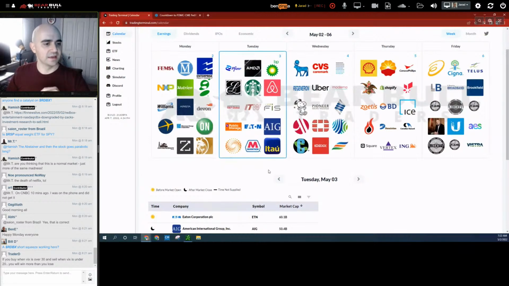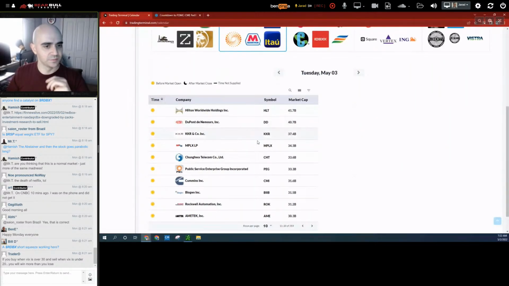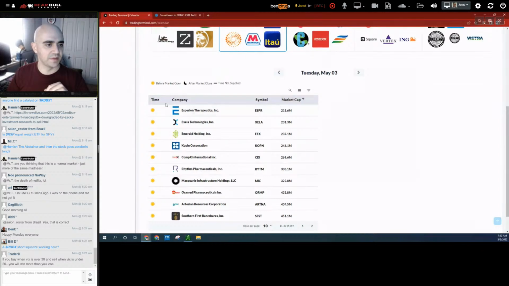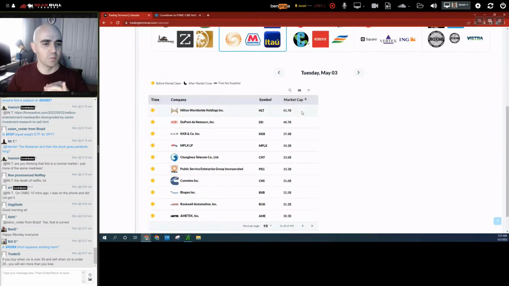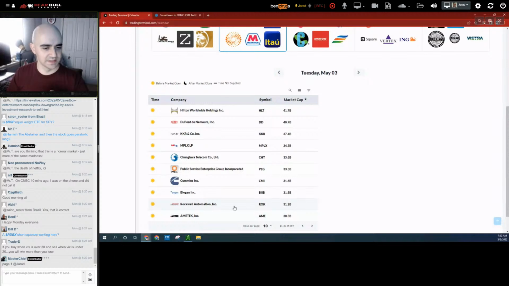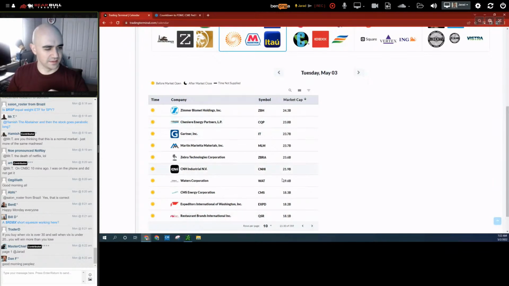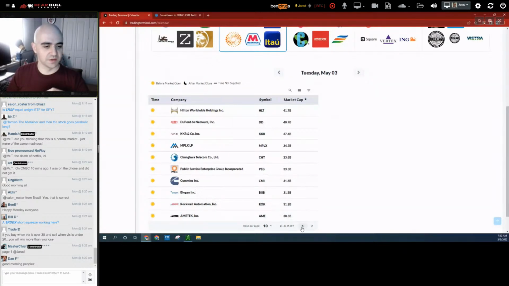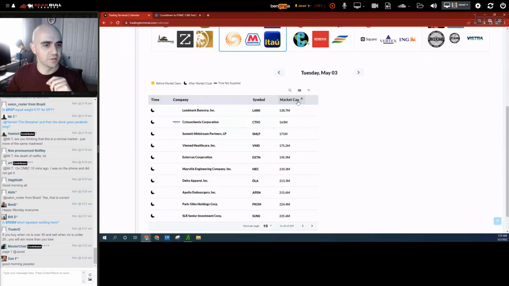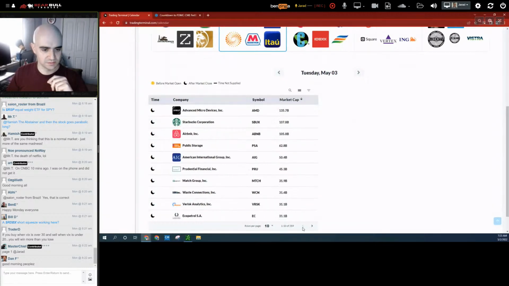As we look at Tuesday and just go down this list, what I'm doing here is simply sorting by market cap. What you'll notice is not too much on the morning session. Market cap tends to be relatively low for Tuesday morning's listings, and not a lot of familiar names either. A lot of these are lower volume traders, probably something not as in focus. But you go into, always make sure you're on the first page.